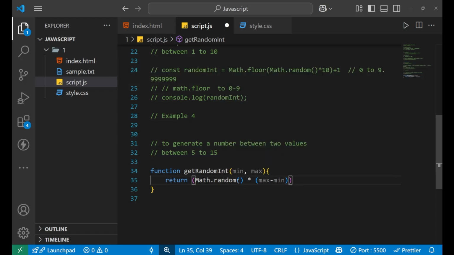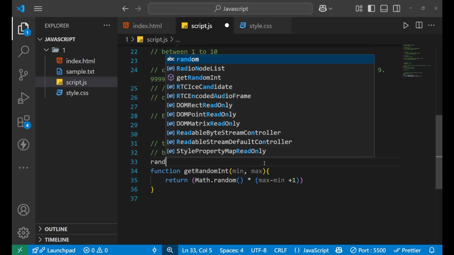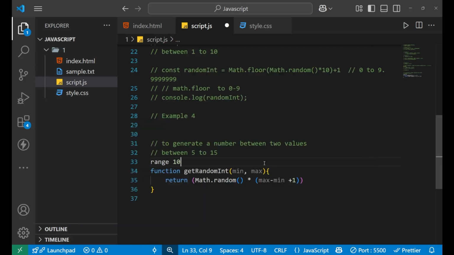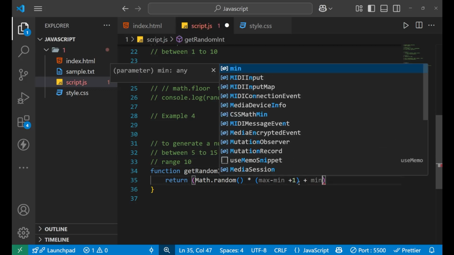It will give me the range between 5 and 15, and then we will write plus 1. Fine. Max minus min will create a range of what? Range of 10, right? And after that I will write plus min.